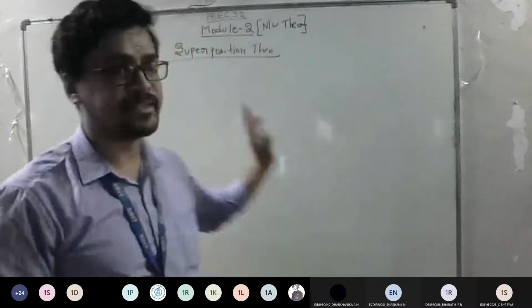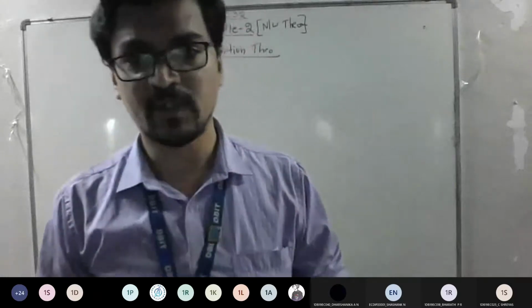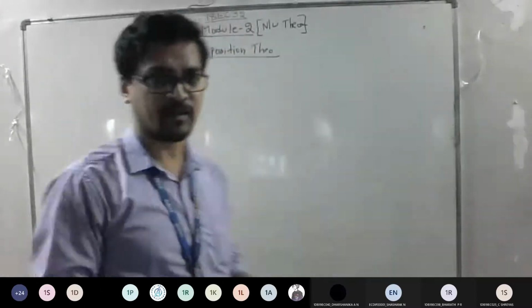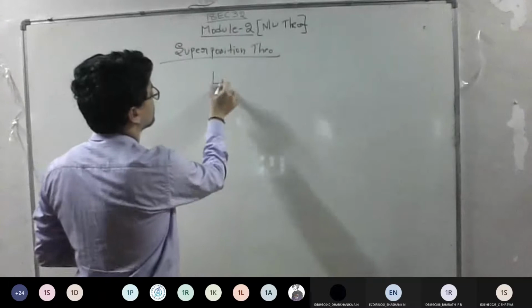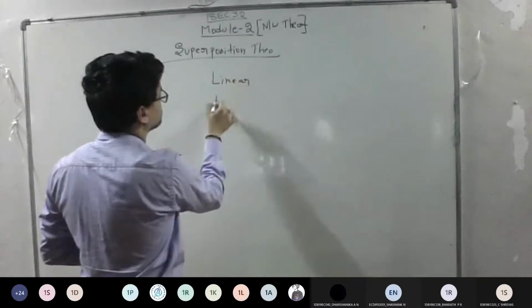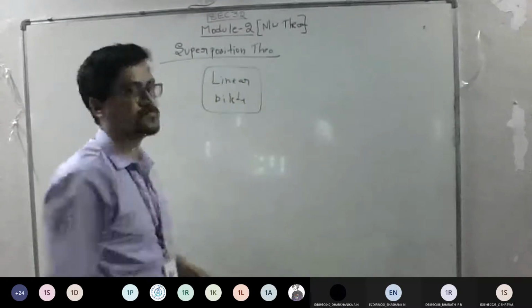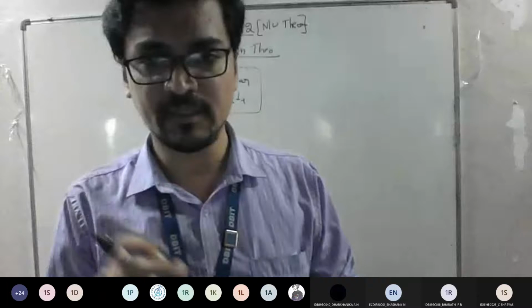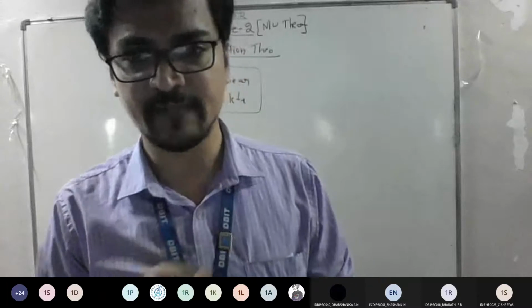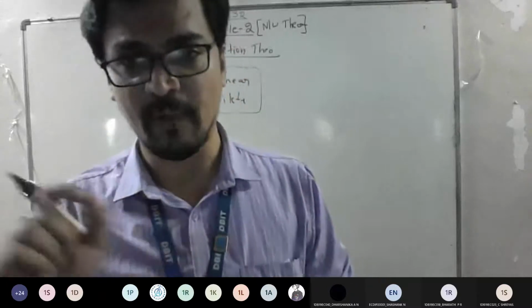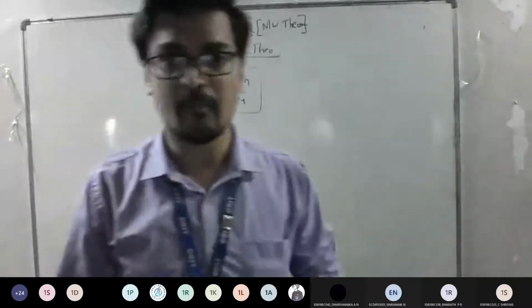Okay. So whenever you state any theorem in module number 2, it starts with the words any linear bilateral network. So you need to have a concept called linear and bilateral. Can anyone tell me what is the meaning of these 2 words? If they ask you to state and explain any theorem, always remember the statement of any theorem will start with these words: any linear bilateral network. So now we need to know what is the meaning of linear as well as bilateral.